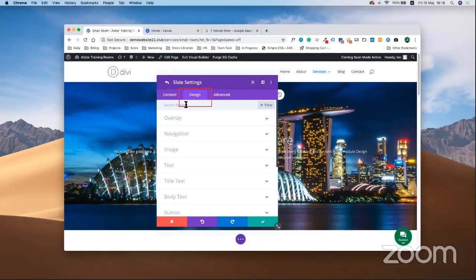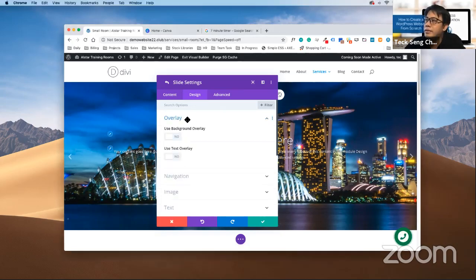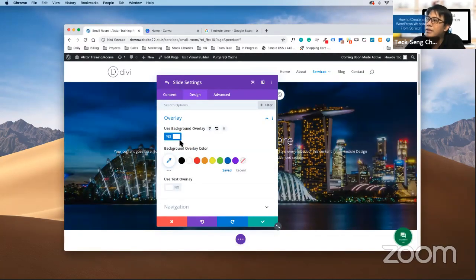Let's select overlay. Once you select overlay, you can see that it says use background overlay. Click on it, it will say yes. Now you see when you click on it, the color becomes darker.